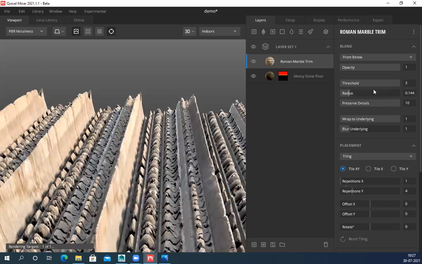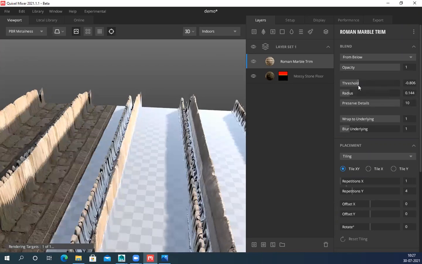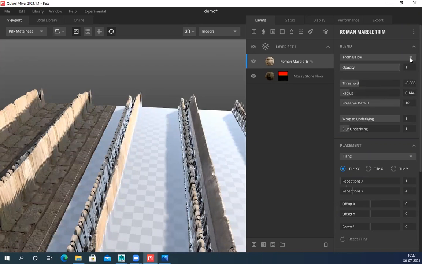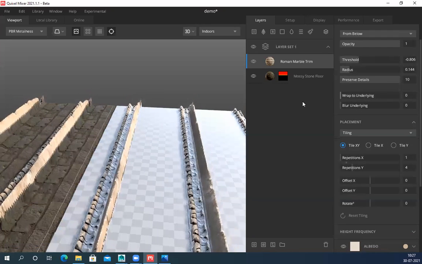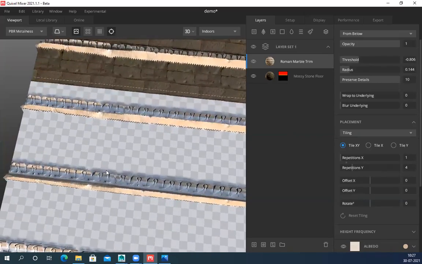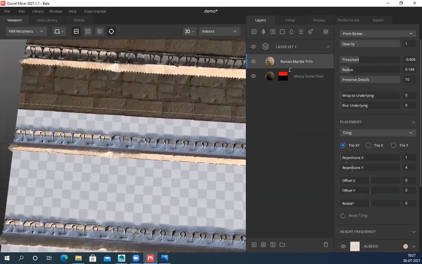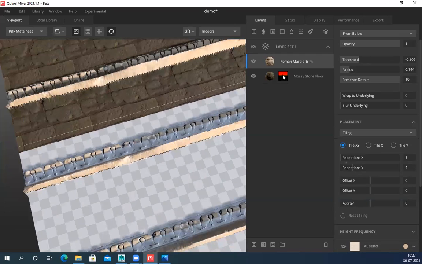Visibility is fine. From below, push it down. I pushed it down, and now I want to affect this only on these areas.